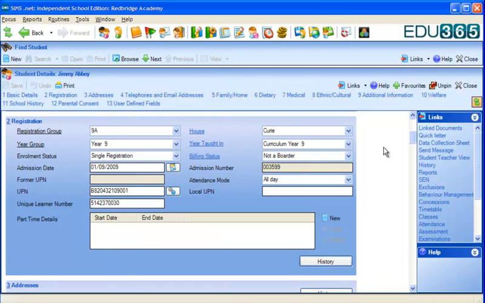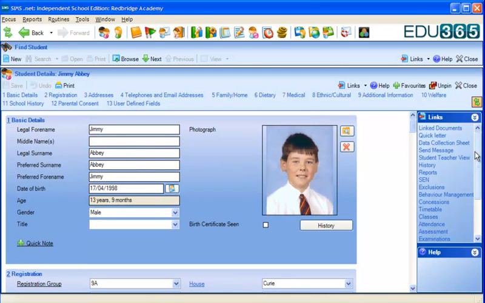So that history record appears all the way across through the SIMS system. You can even make use of the links button on the right hand side and click on the history button here,